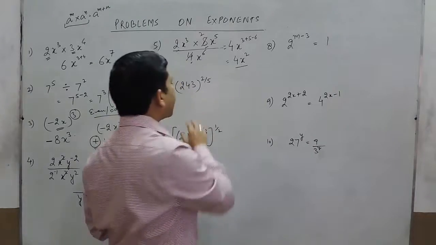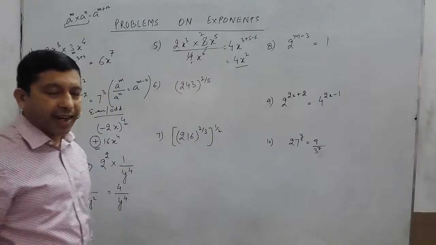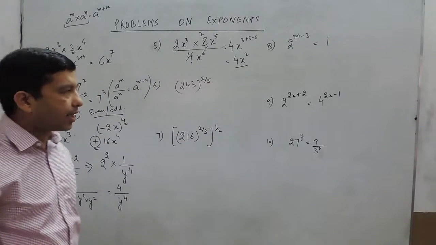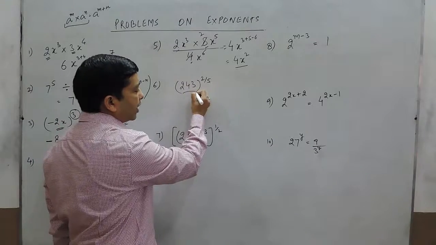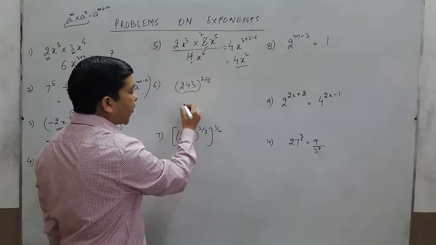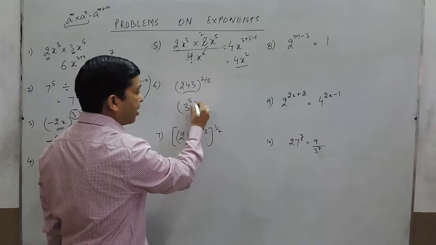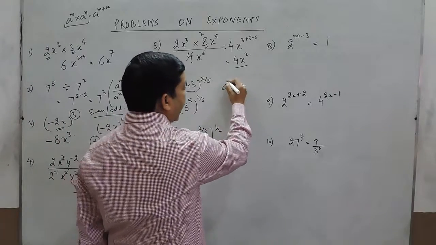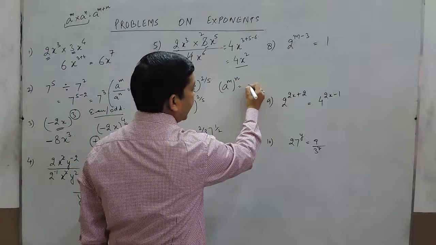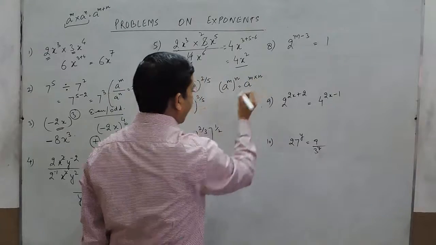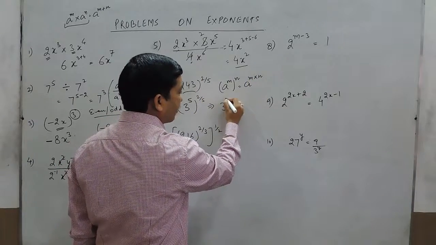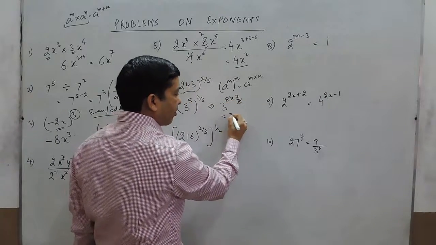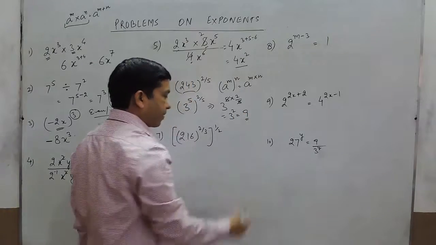If in case there is a direct question where the power is in fractions, we should be able to understand that the denominator has to be cancelled out. Here it is 243 to the power 2 upon 5. 243 can be written as 3 to the power 5, which is whole to the power 2 upon 5. And we already know that if a to the power m has a power n, it is basically a power m into n. So here if in case we are multiplying, it comes out to be 5 into 2 upon 5. So this can be cancelled out and will come out to be 3 square, which is equal to 9.